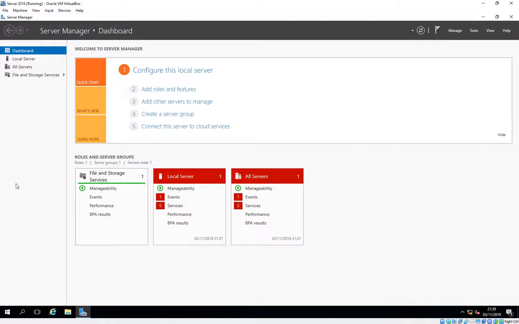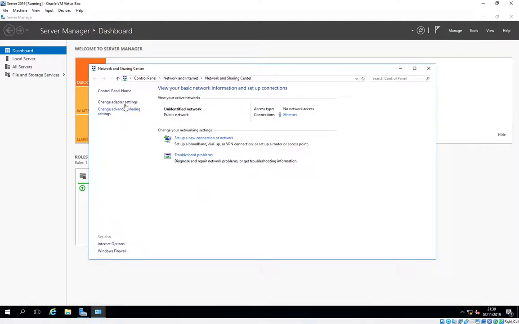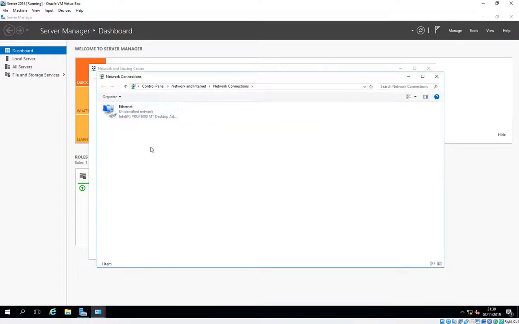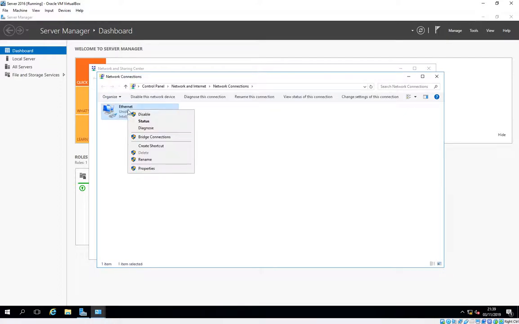And the first thing we need to do is give it an IP address statically. We can't use DHCP on this machine, it has to be a static address. So we'll do that first. So we'll bring up Network and Sharing Center, and we'll change the adapter settings. As with everything in Windows, there's several ways you can get here. I'll just do it the way I prefer. So I'll bring up the properties of that,